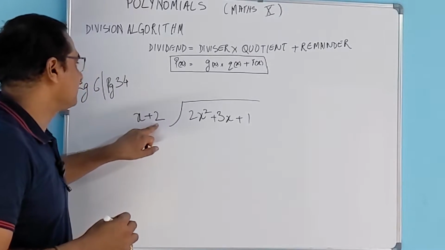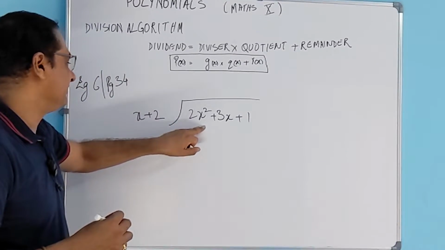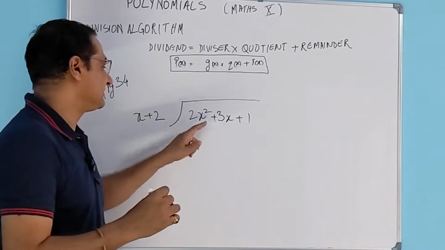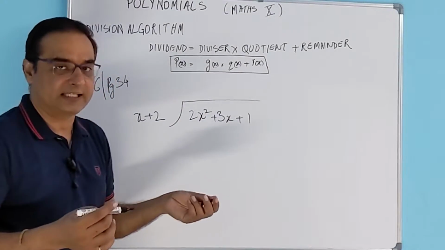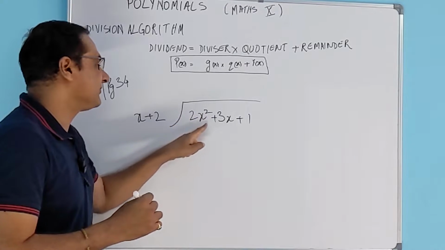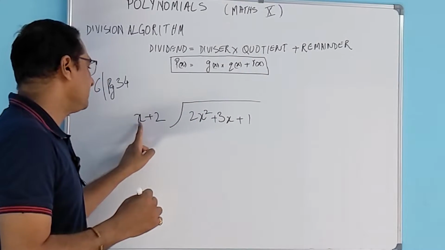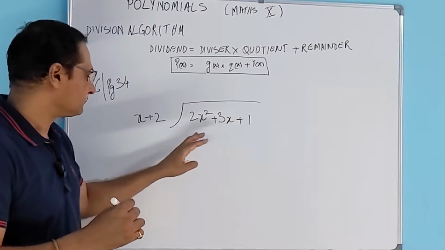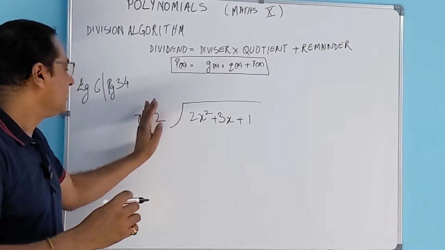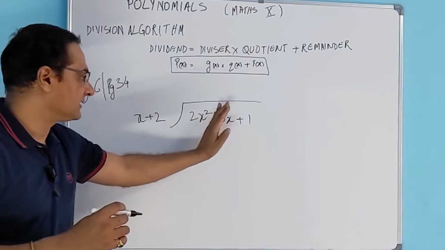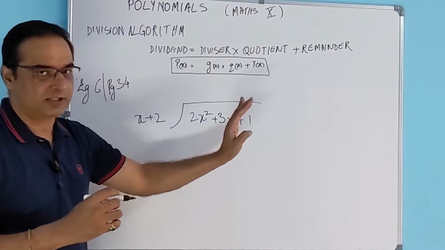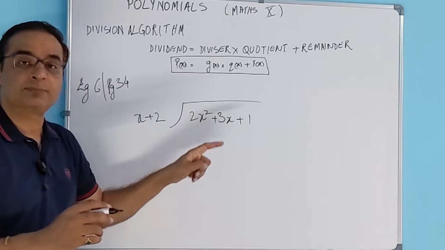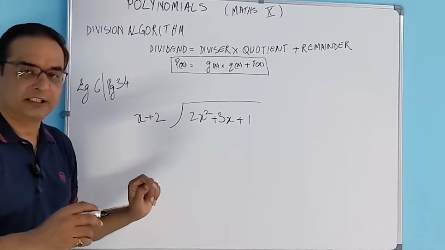If you look at x plus 2 as divisor, this one is the dividend. What do we do? First of all, we look at the first term, of the highest degree. It is 2 here, and the divisor's is 1, so we can divide it. How to eliminate this first term, 2x square? If we multiply x by 2x, we get 2x square. We do not worry about what will happen with the other terms or the quotient of the other terms. We are not bothered about that. We always look for the first term because we need to eliminate that of that particular order.